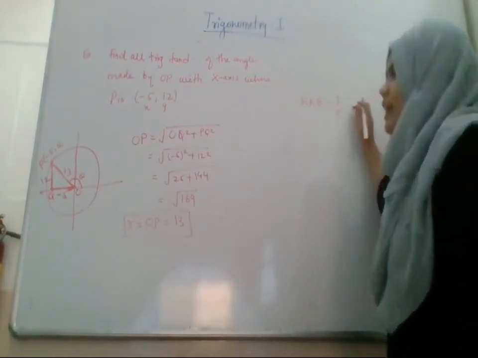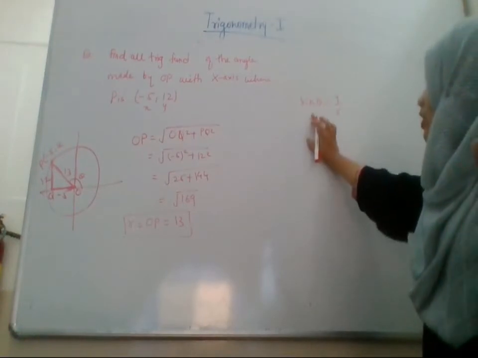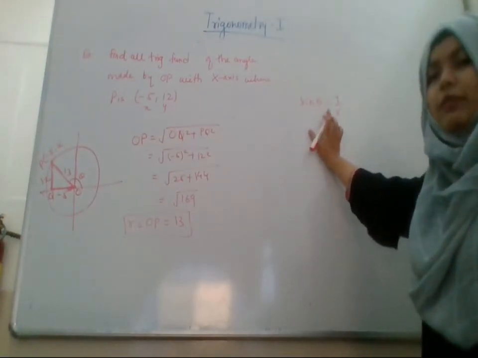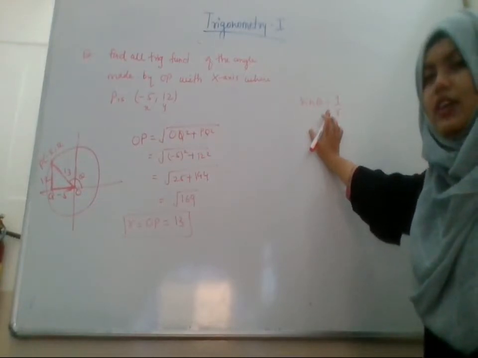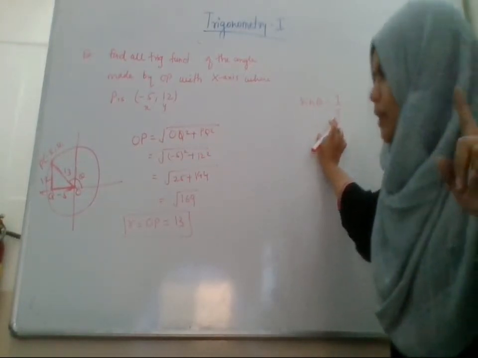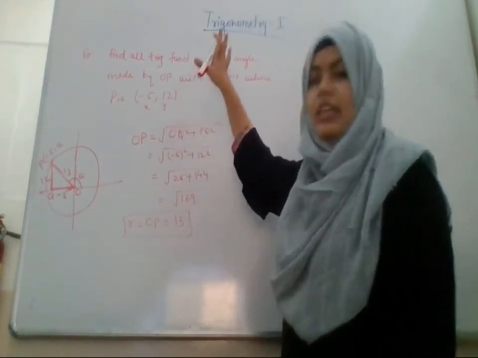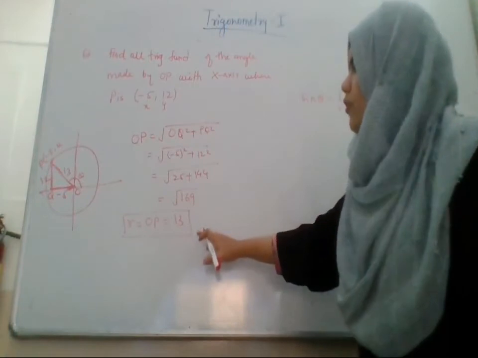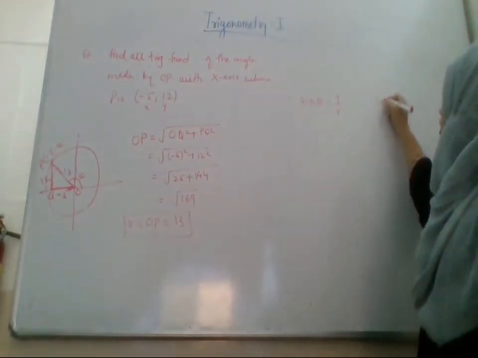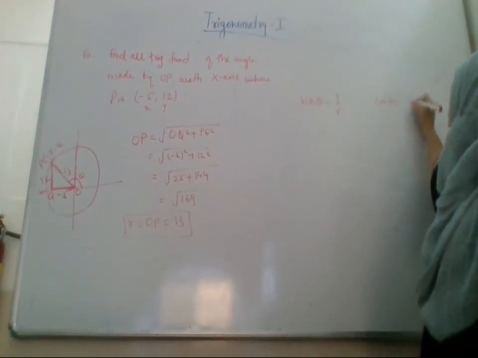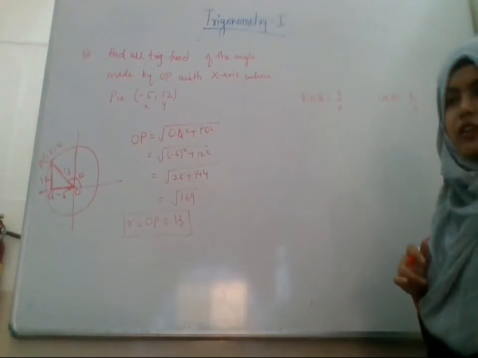Y upon R. Yes. See, we have taken the value of sine theta is equal to y only in the previous lecture. Why? Because there we took a unit circle, meaning radius is equal to 1. But now it is not given in this question that the circle is a unit circle. So therefore we have to take R as well in the formula, right? And cos theta is equal to what? X upon R, right? And here theta is also not given to us.